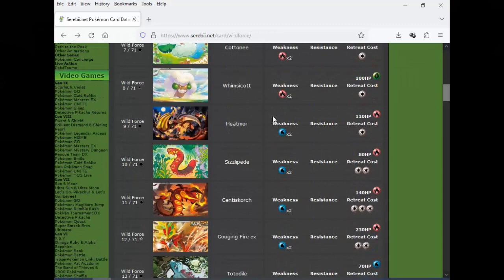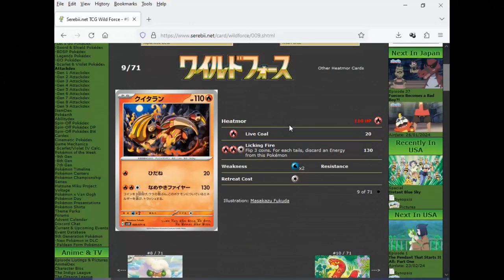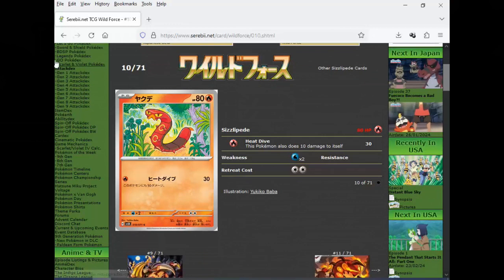Actually, never mind. We got Heatmore. 20 for 1 once again, and then Licking Fire, discarding energy from this Pokemon. What? For each, it's discarding energy from this Pokemon, not the opponent. Yeah, 130 for 3 would have been weak anyway. They gotta give it discarding costs though. Then you got this dude,